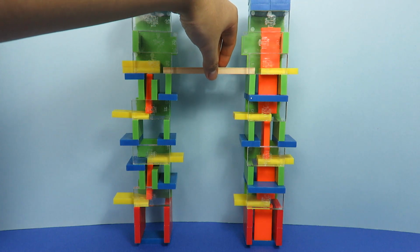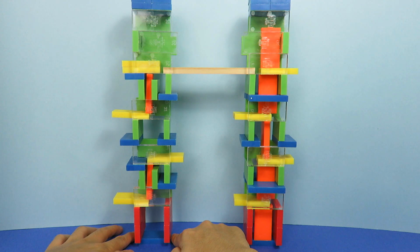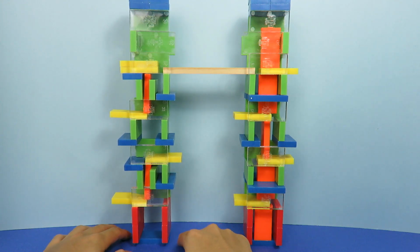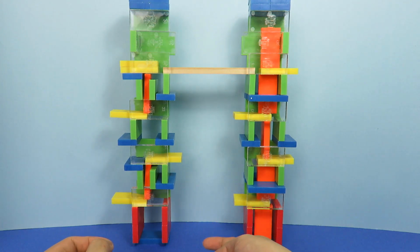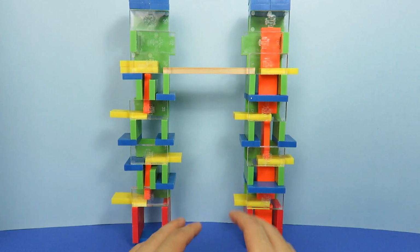Just like that. Now the tower is not quite perfectly vertical, so I'm going to adjust it a bit more. So you'll find that if you want to move the towers a bit more precisely, you don't have to push sideways. You can also just push at an angle or roll your finger on the ground, and that makes for a very controlled and precise sliding of the towers. Anyways,